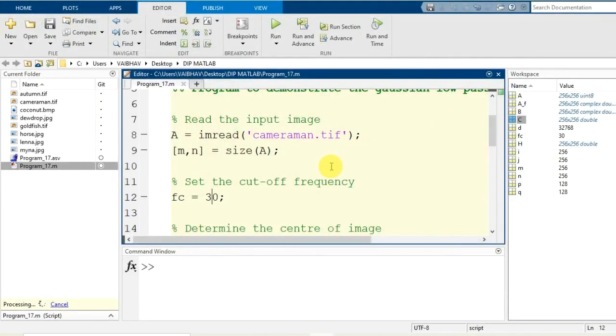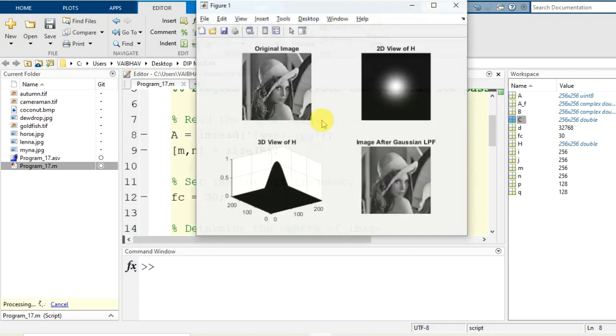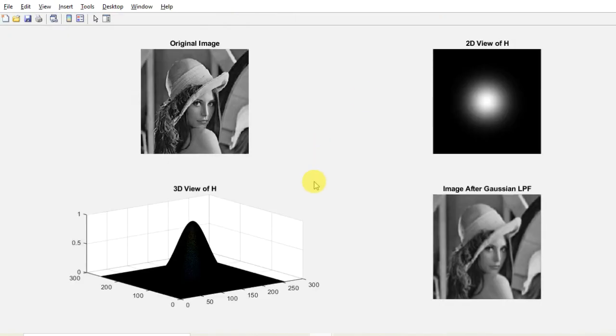If I change the input image cameraman.tif, let us have it as lena.jpg, another popular image dataset available in our current folder. If I run it, you get the corresponding result displayed here. So this is the original lena.jpg, the filter functions and the corresponding result.